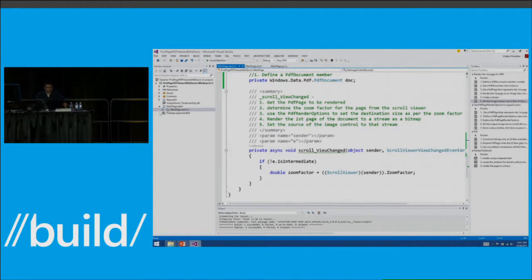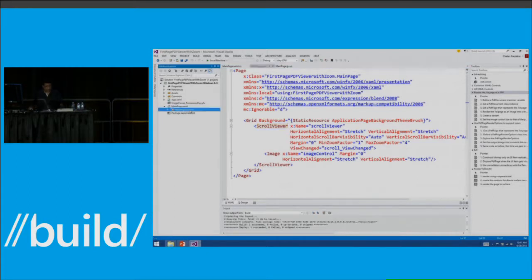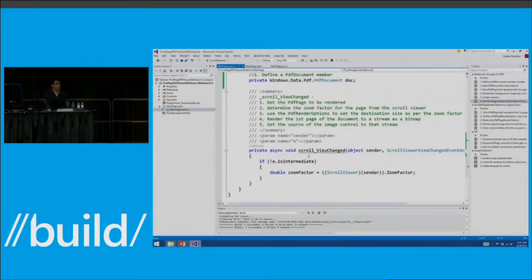As you see in XAML, we have put our image control in a scroll viewer. So this allows the user to zoom in and out of the image. In code, we are listening to the ViewChanged event that the scroll viewer fires when the zoom factor changes on that particular scroll viewer, except we are doing nothing with it currently.